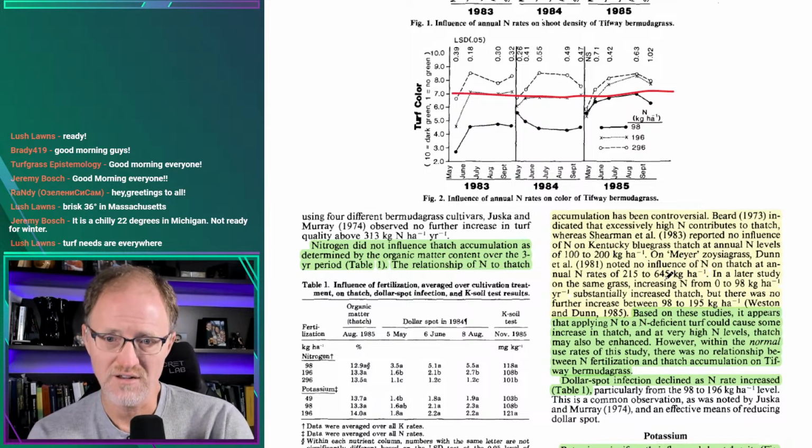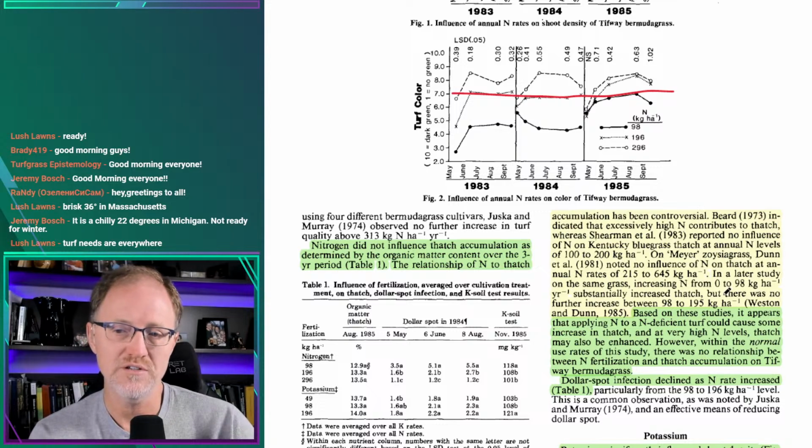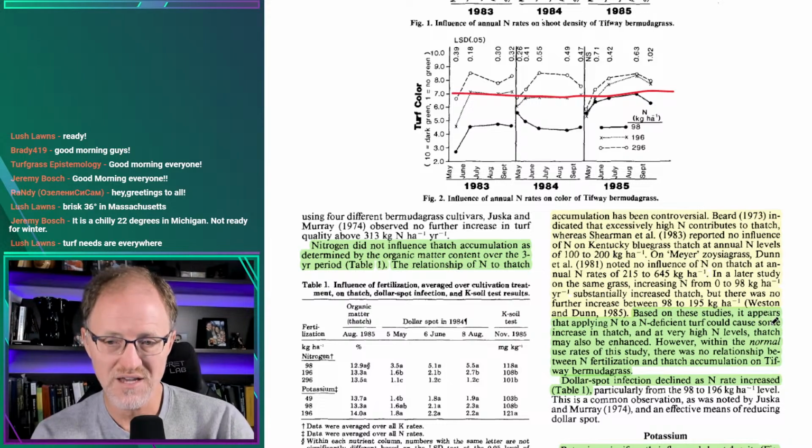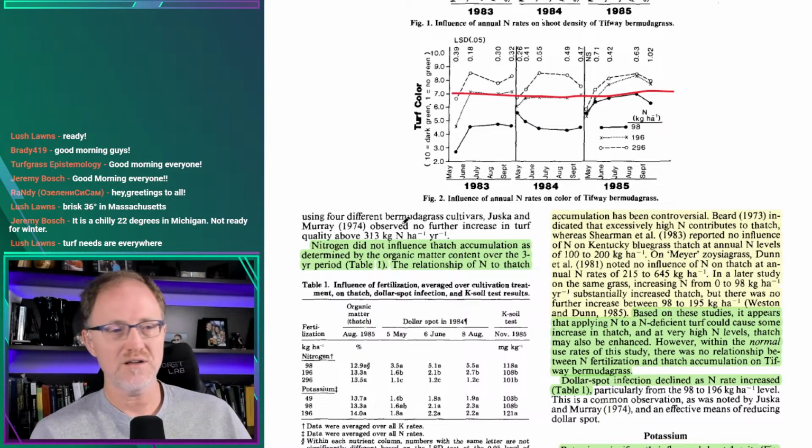In a later study on the same grass, increasing nitrogen from 0 to 2 pounds of nitrogen substantially increased thatch, but there was no further increase between 2 pounds and 4 pounds. Okay, based on these studies, it appears that applying nitrogen to a nitrogen-deficient turf could cause some increase in thatch. And at very high levels of nitrogen levels, thatch may also be enhanced. However, within the normal use rates of this study, there was no relationship between nitrogen fertilization and thatch accumulation on Tifway Bermudagrass." So what he's saying, to sum that up, and I'm going to come back to this in a minute,